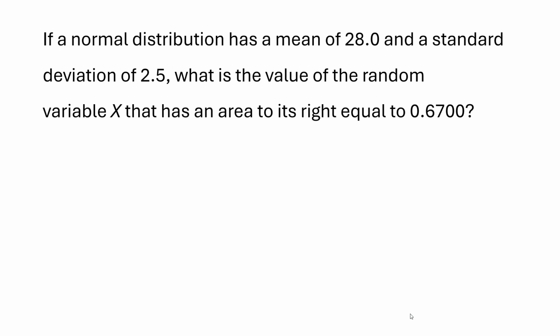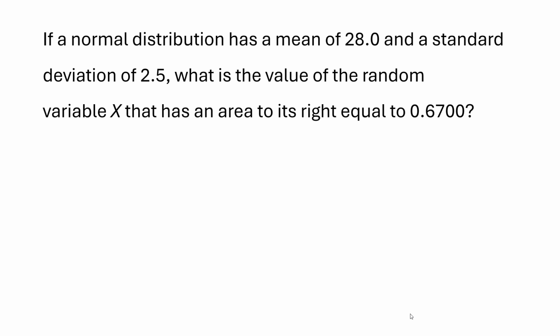We're going to do another normal probability question, but this one's a little different. In this problem, we are going to work the problem in sort of an inverse fashion, in a reverse fashion. So let's read it and see what the clues are. If a normal distribution has a mean of 28 and a standard deviation of 2.5, what is the value of the random variable x that has an area to its right equal to